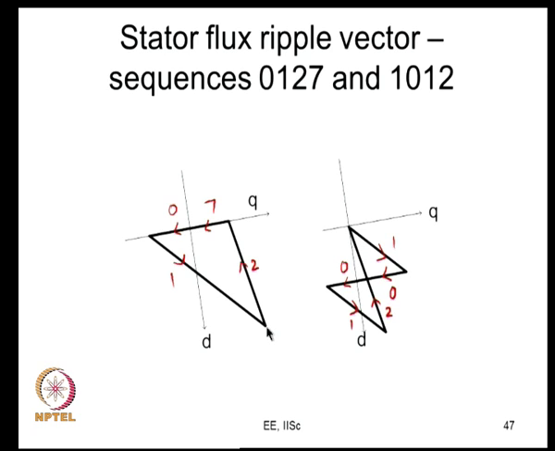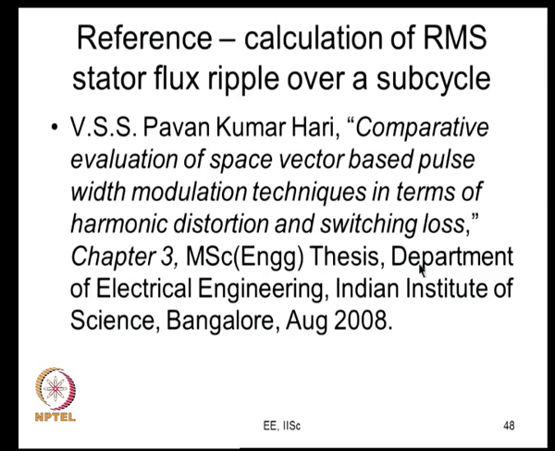Now, sometimes it is possible that this is my peak q axis, here it is my peak q axis ripple. It is possible that my peak q axis ripple is lower than that, or the RMS q axis ripple here could be lower than this if you choose it correctly. For certain values of Vref, this could be better. You have to find out what those values are. So, that is what has been done in the literature to come up with improved PWM methods now.